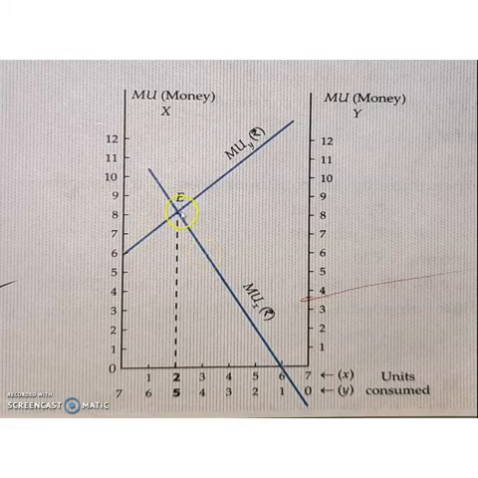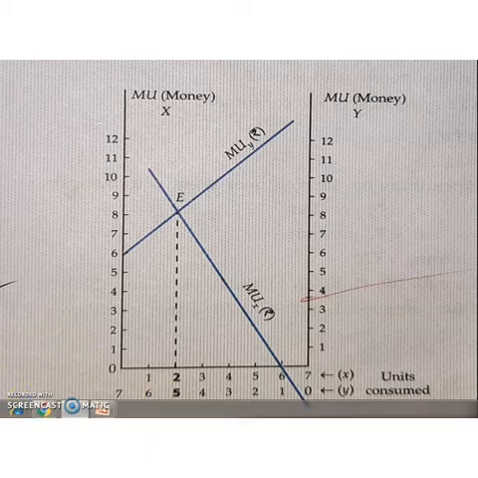So this is the equilibrium point of the consumer. When the two lines intersect, that point is known as the equilibrium point of the consumer. When we come down, we can see that the consumer buys 2 units of commodity X and 5 units of commodity Y. So this is the equilibrium point of the consumer. From this bundle, that is 2 units of X and 5 units of Y, the consumer gets maximum satisfaction. Okay students, I hope you understood this.